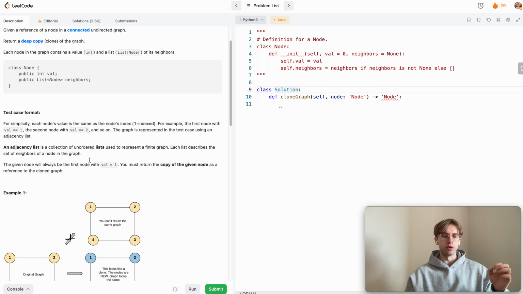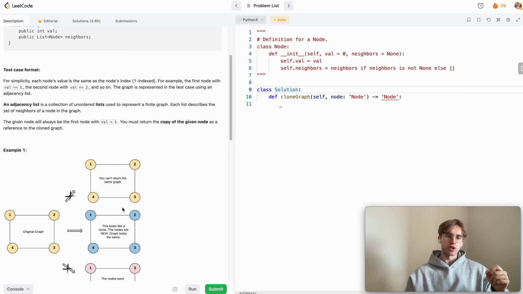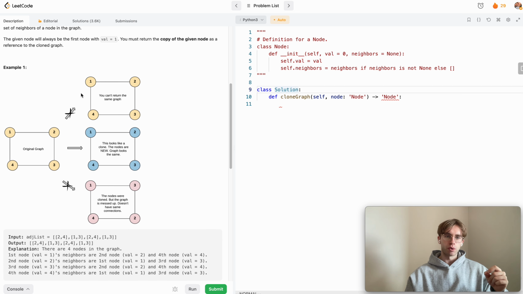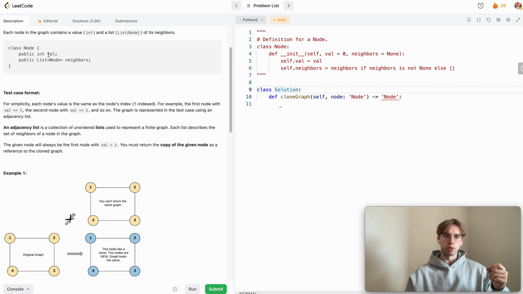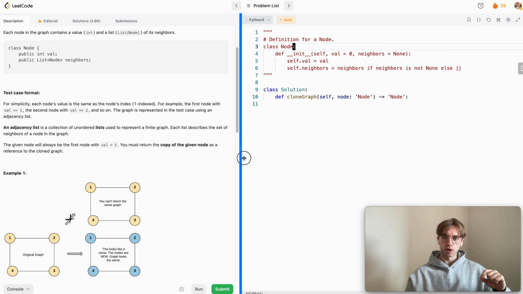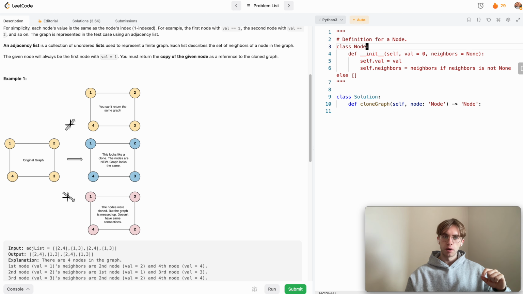And so what we're going to do is perform a depth first search on this graph, and we're just going to visit every node and clone it. Initially we're just going to clone the value, and create a clone of each node with the same value. And then in our second iteration, we're going to go through every node and update its neighbors with a reference to our new nodes. Okay, and so that might not make much sense right now. I think looking at the code makes a bit more sense, but